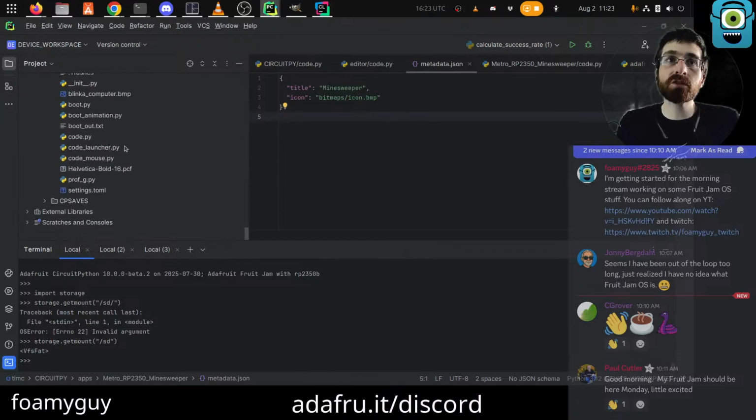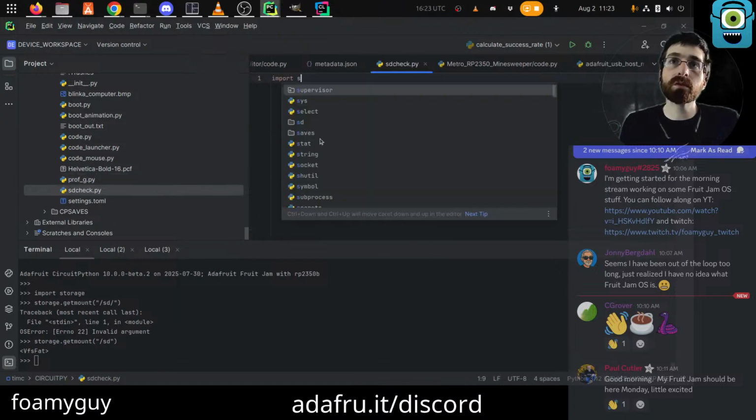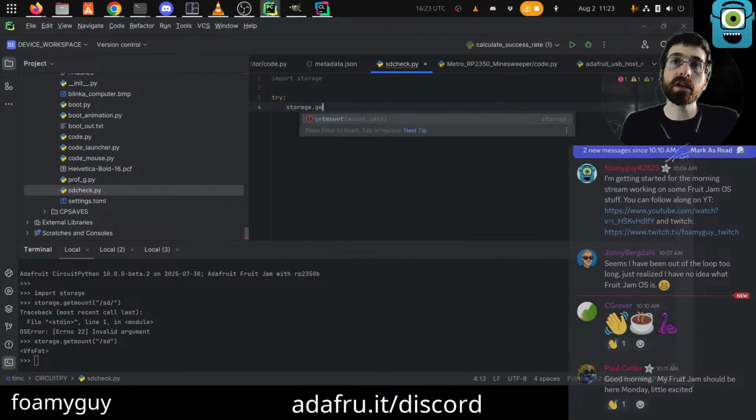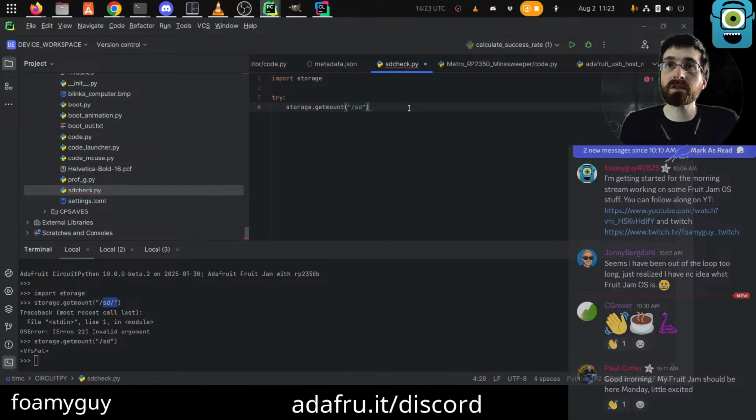So code that checks for the SD card can basically look like this. SD check, import storage, try storage.get mount /SD. We do need to make sure not to do the trailing slash there. It doesn't like that for some reason, but that's fine. Except OS error, print SD card not mounted.